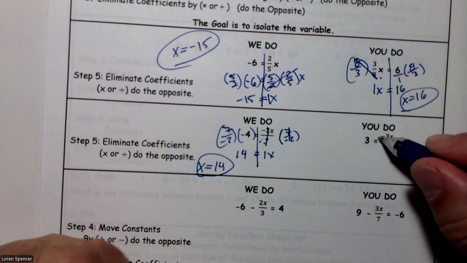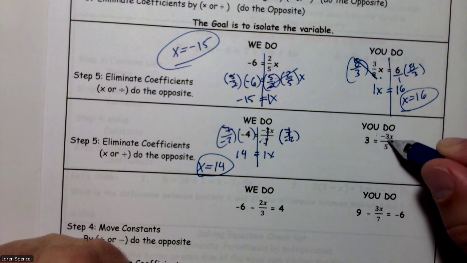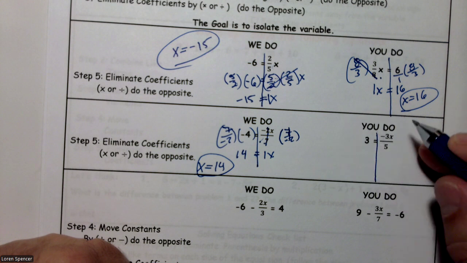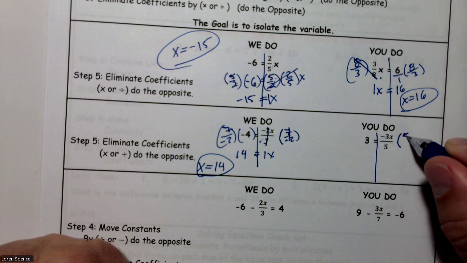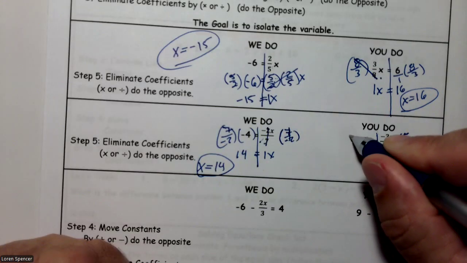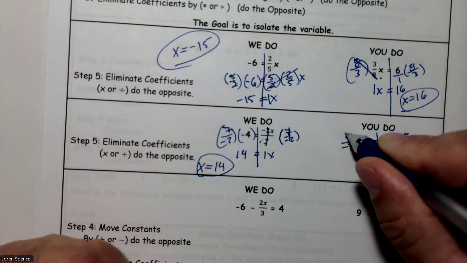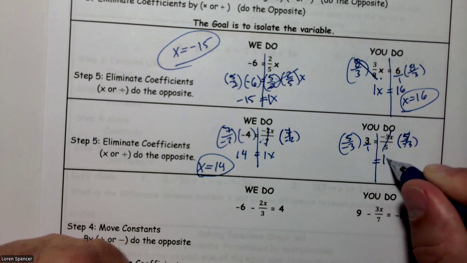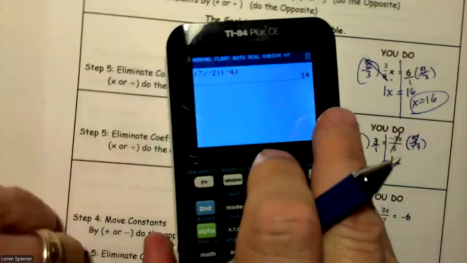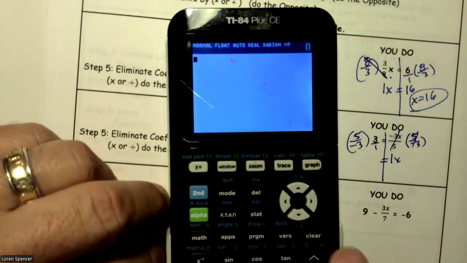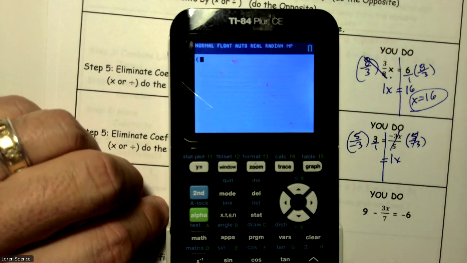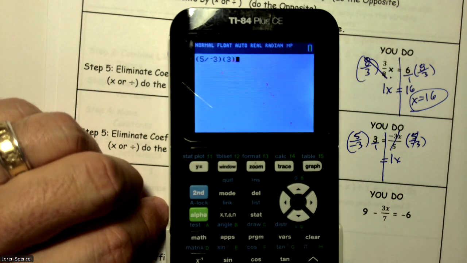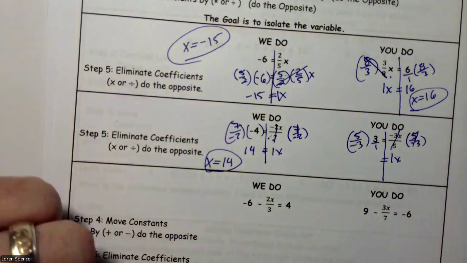Over here, we're going to flip it because this is being multiplied. So we're going to flip it, which is going to make this 5/3. So this goes away and just becomes 1x. Parenthesis 5 divided by -3, parenthesis 3. So x equals